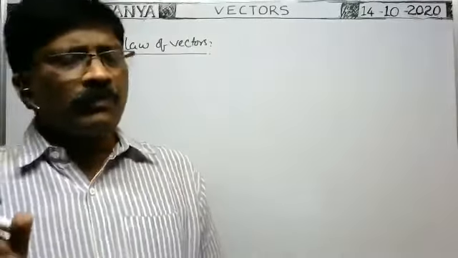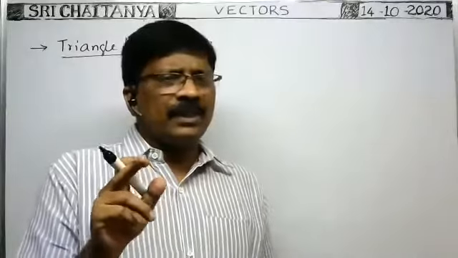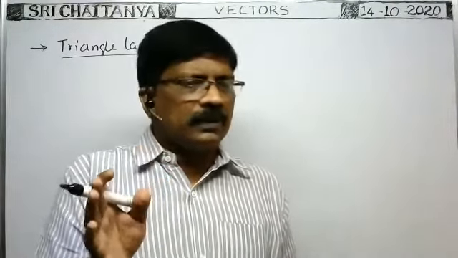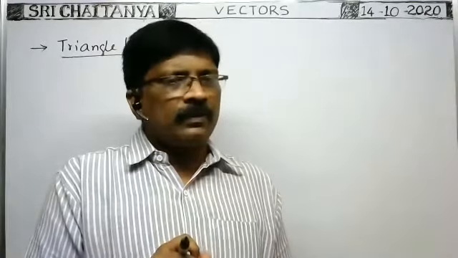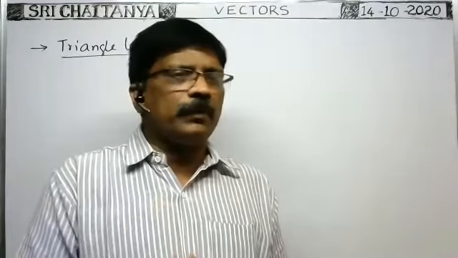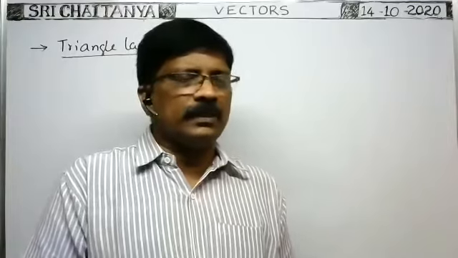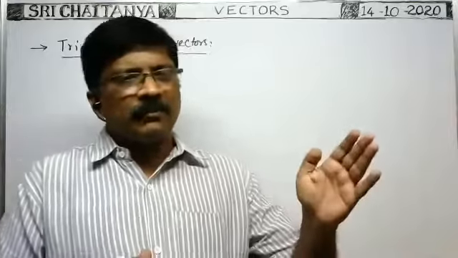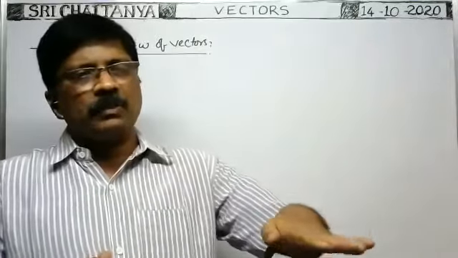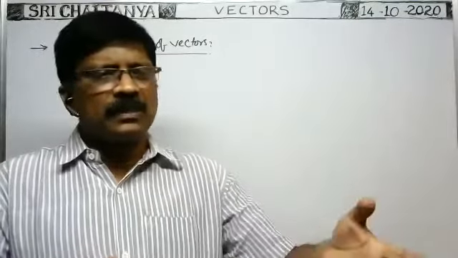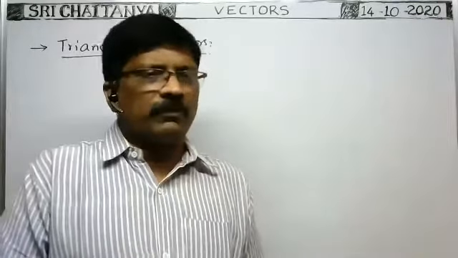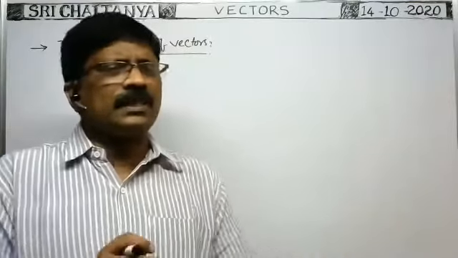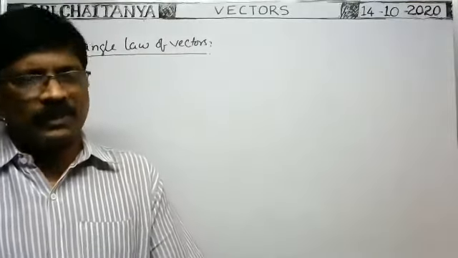And the direction of the resultant vector: if the resultant vector makes an angle alpha with p bar, then tan alpha is equal to q sin theta by p plus q cos theta, we got. That is the direction of the resultant. Because if you know alpha, then we can say the resultant vector lies along this direction, making some angle with the given vector p bar. That means the direction is known. That's why we derived the formula for alpha also. And different cases in the parallelogram law of vector addition we discussed.